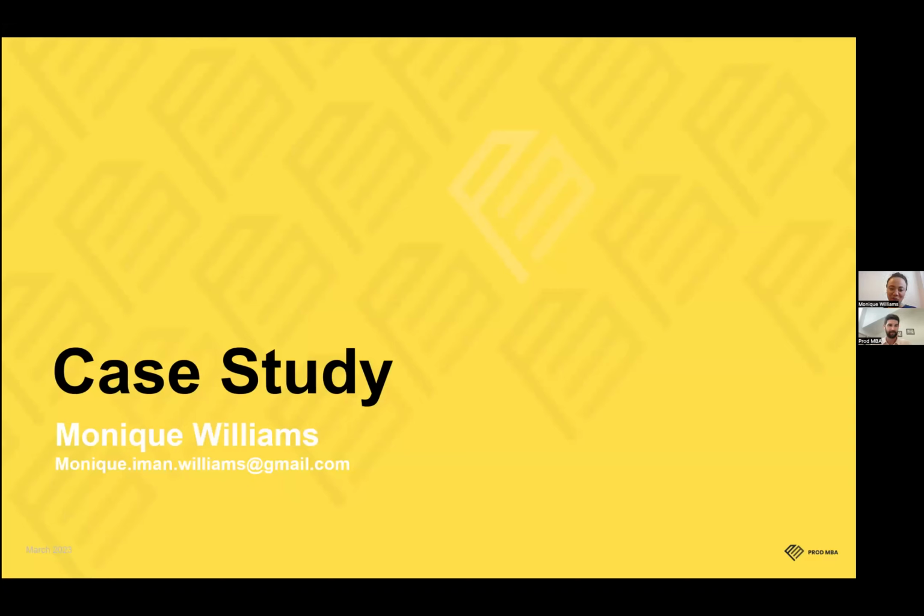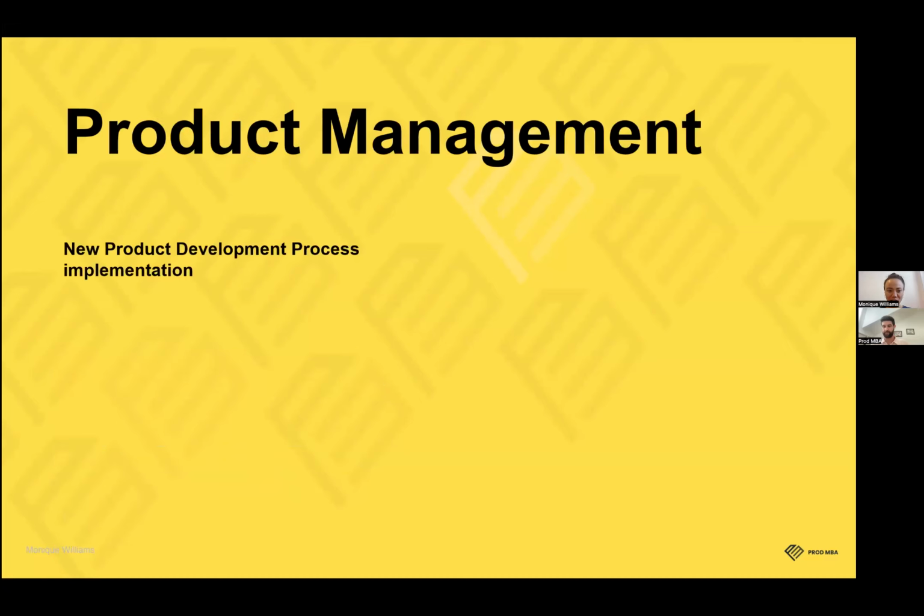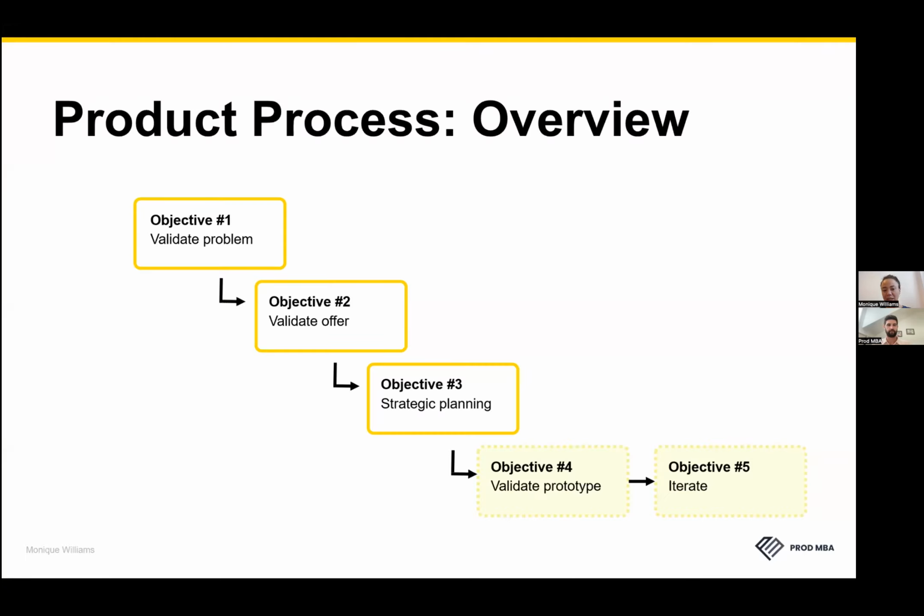Hi, yes. So I'm Monique Williams, and this is my Product MBA case study, which I would like to use to demonstrate how, as a product manager, you might implement a new product development process. So, in brief, that means that you will look first at the problem space and only later then jump into the solution space. In terms of what that means more specifically, we can look at objective 1,